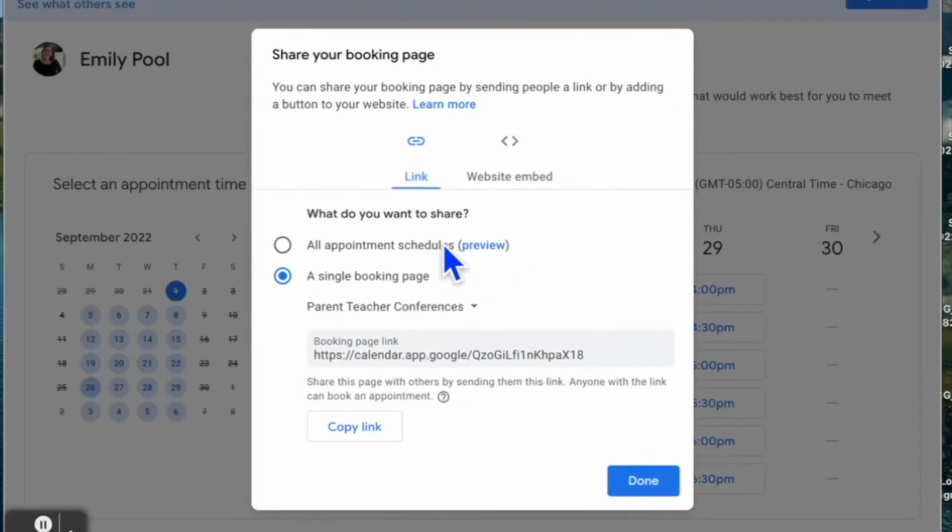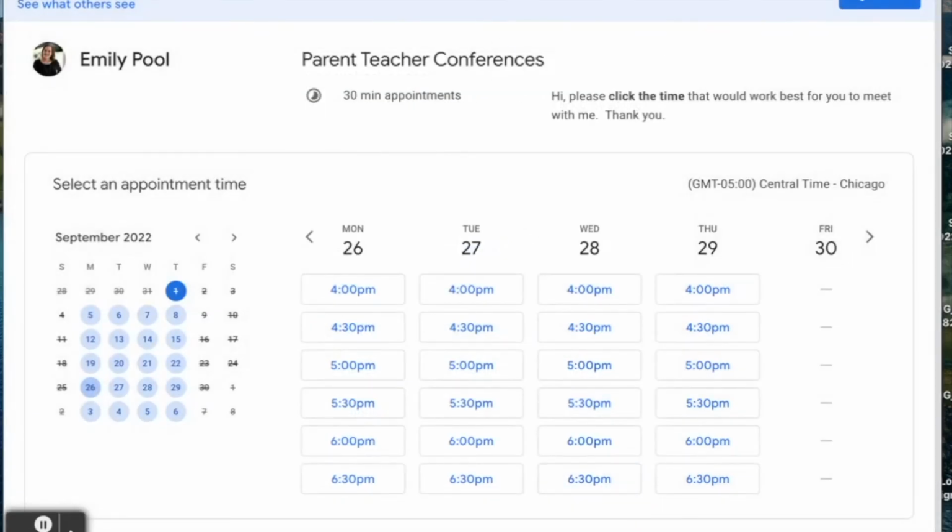And now it's time to share. Click the share button. Here you can see you can either use a link or you can embed it into your website. For this case, I'm going to leave it on link. If you end up having multiple appointment schedules, yes, you can actually have multiple types of calendars you have up, but right now we just have one. So we'll click a single booking page. We want people to see parent-teacher conferences, copy the link, share that link wildly,